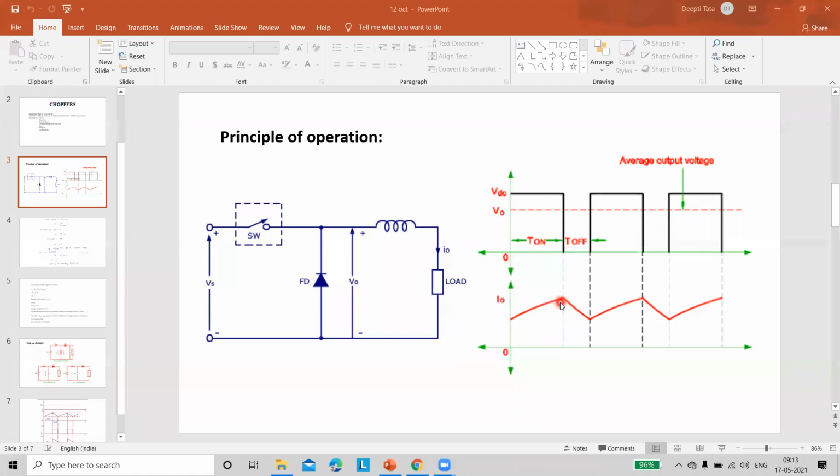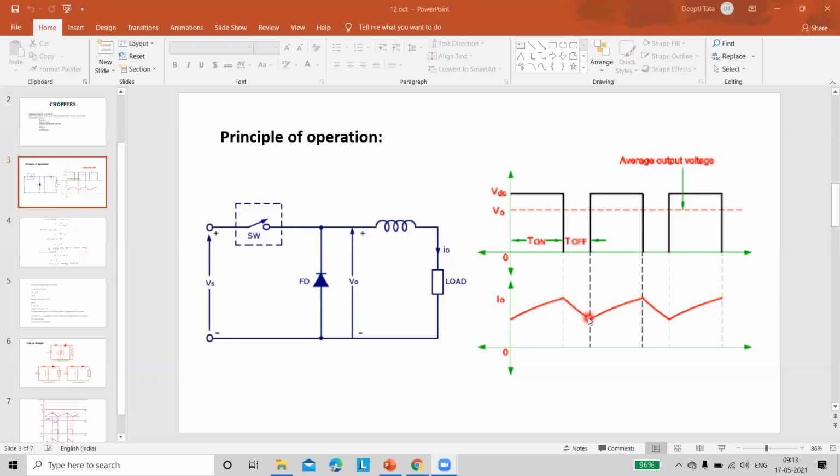And already we know that whenever the chopper is on, the current value is going to increase. And if you observe carefully, in choppers we already know that you are using current limit control. That's why our current is not decreased to zero value. It will be fluctuating between the minimum and maximum values. That means whenever the chopper is on, the current value is going to increase to the peak value. And whenever the thyristor, our chopper, is in the off condition, our current is going to decrease to the minimum value. So this is the basic principle of operation of the step down chopper.